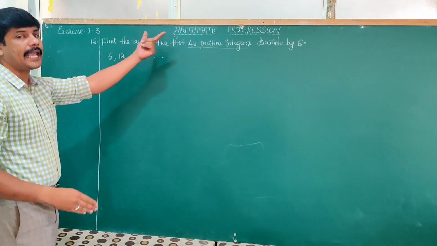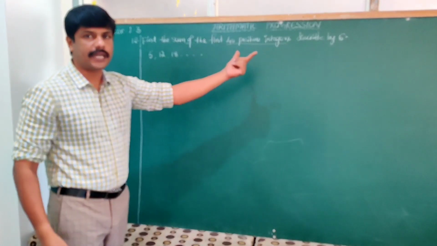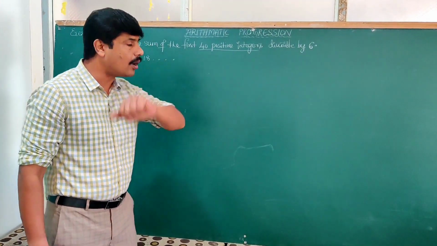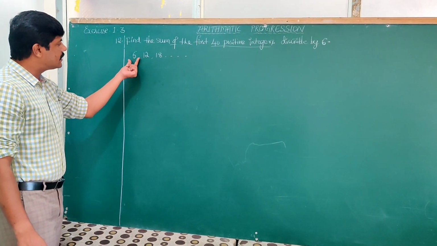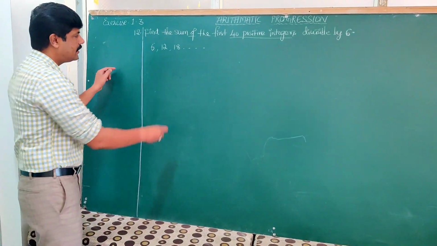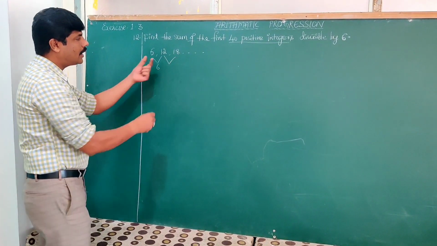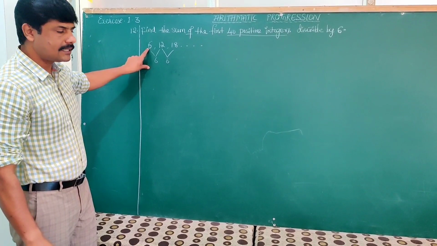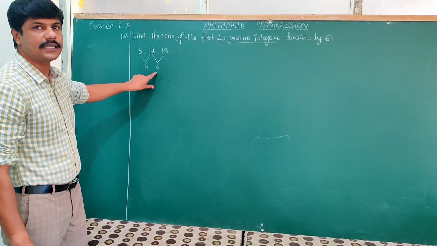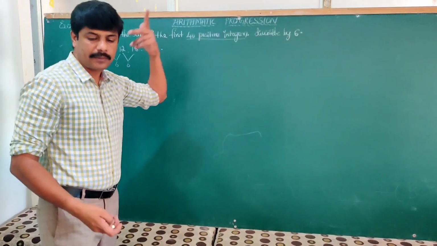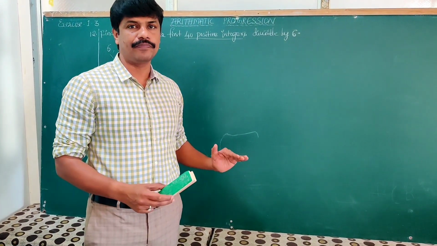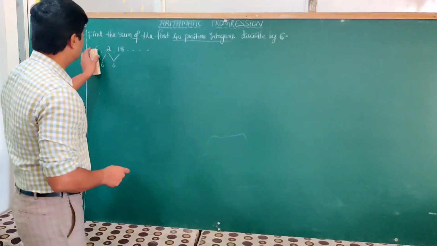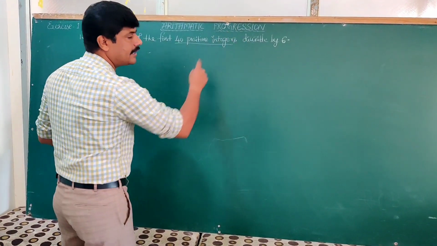Thus it forms an AP. You can observe properly, the first 40 integers divisible by 6 form an AP. How? You can see that the common difference is 6. 6, 12: what is the difference? 6. 12 and 18: what is the difference? 6. 12 minus 6 is 6, 18 minus 12 is 6. So we are getting a common difference, thus it forms an arithmetic progression. So it is an application type problem. Using the sum of n terms formula, we can find the sum of the 40 positive integers divisible by 6.